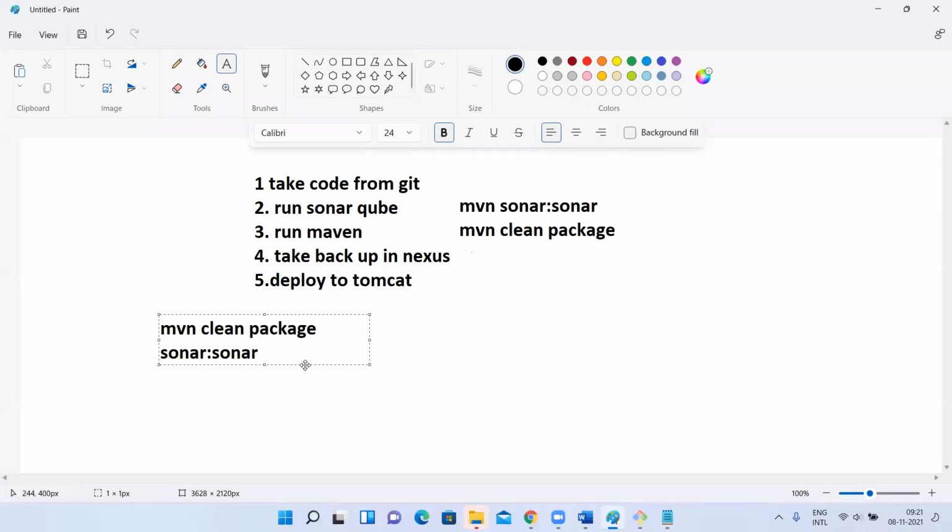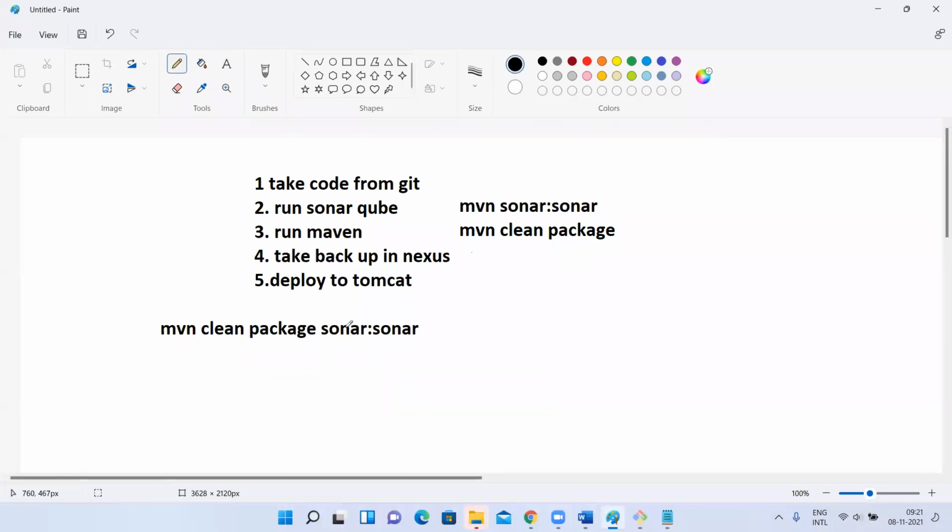So in this case, what will happen? First, the artifact will be generated, right? Then the SonarQube scanning is going to happen. There you find a bug. Now you have to break it. As you have to break it here, unnecessarily you have generated the package here. Unnecessarily, extra time it took.